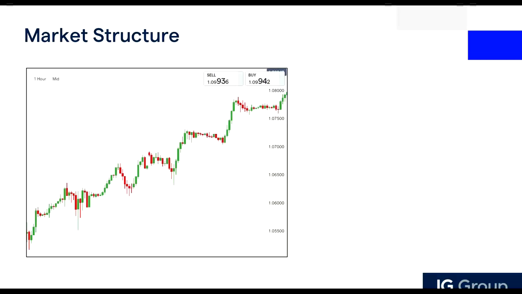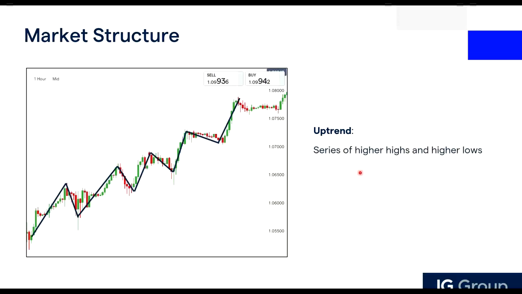Okay, and when we talk about market structure in trend reversals, we are looking for potential reversals in an uptrend or reversals in a downtrend. So if it's trending up, we are trying to see where is a potential point that the market can reverse, or if it's in a downtrend, where can it reverse? In an uptrend, we see that the price forms a series of higher highs, so the highs become higher, and the lows, the dips, also become higher. So you notice there is a series of higher highs and a series of higher lows.